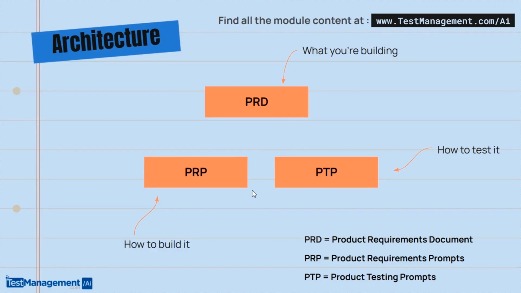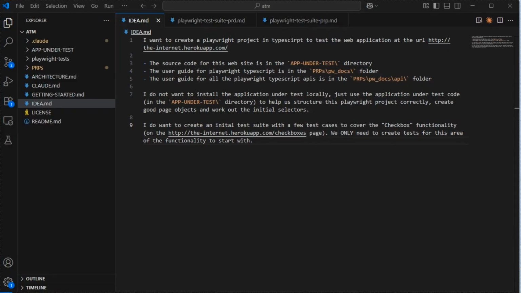automation system. And later on in the course, we're going to introduce you to the PTP system, which is the product testing prompts, which is another component that allows you to link in and key in and start creating agentic self-healing test loops. From start to finish in this first module, we're going to introduce you to a four-step process